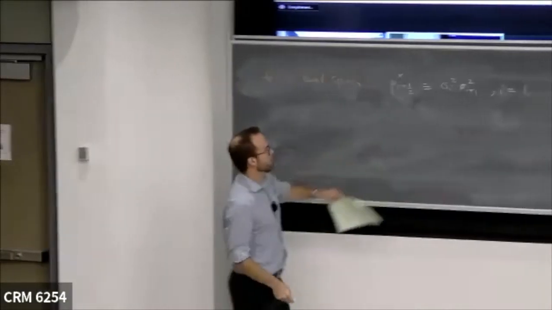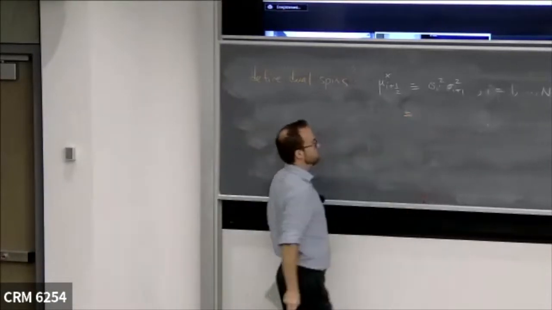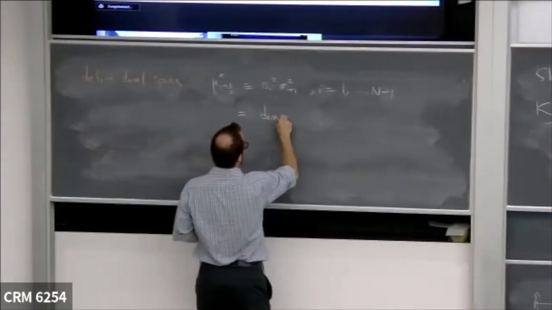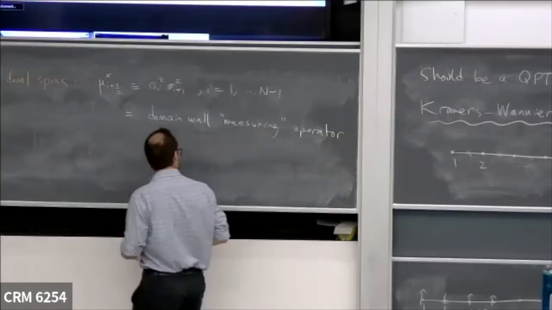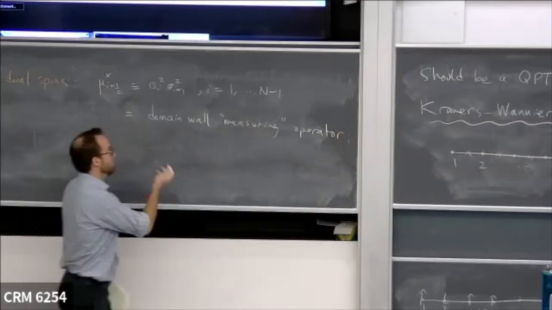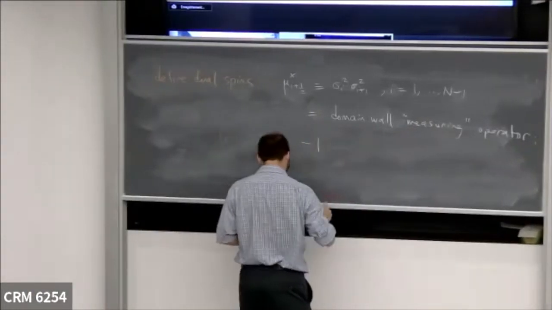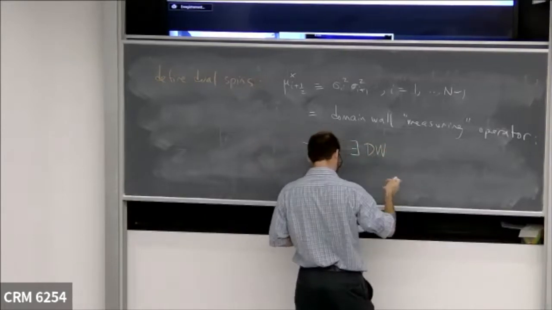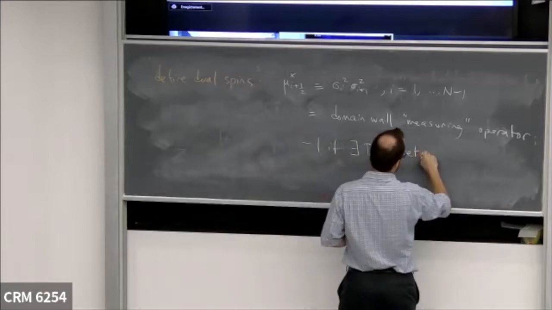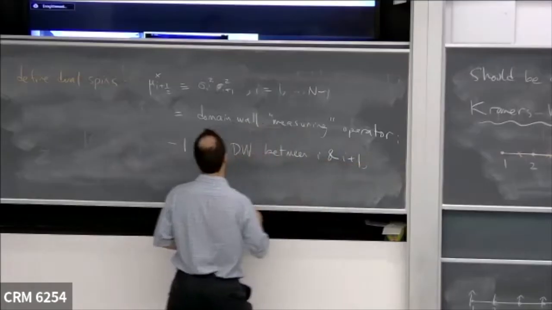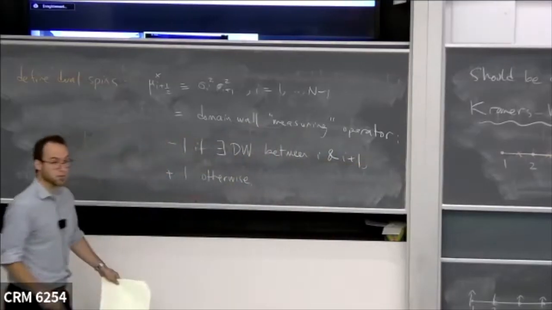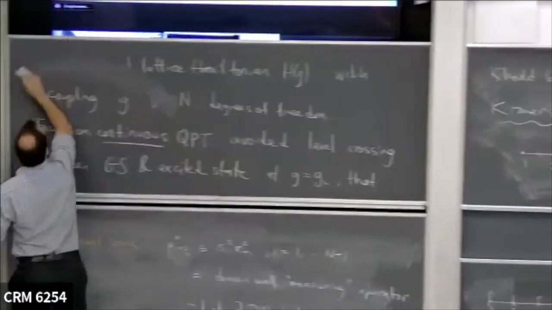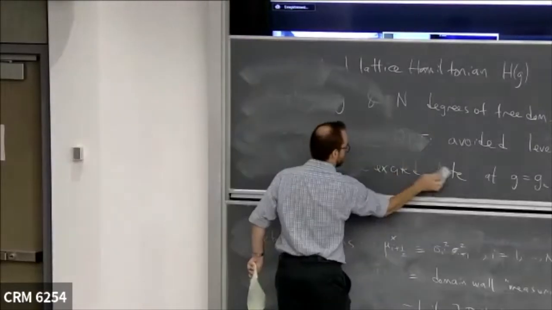And so this operator is the energy density on the bond, and you can think of it as a domain wall measuring operator. Because its value is -1 if there exists a domain wall between those two sites, and +1 otherwise. So we'll measure these domain walls, and this is the x component of the dual spin, and then